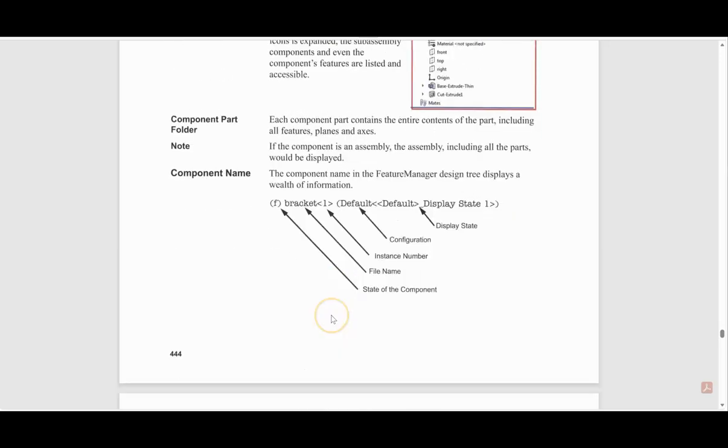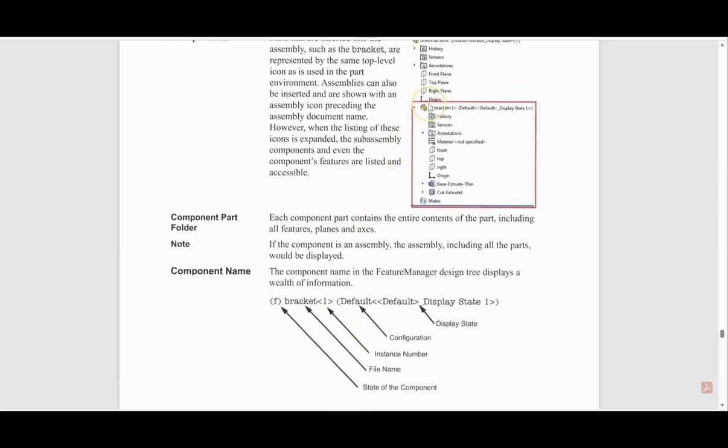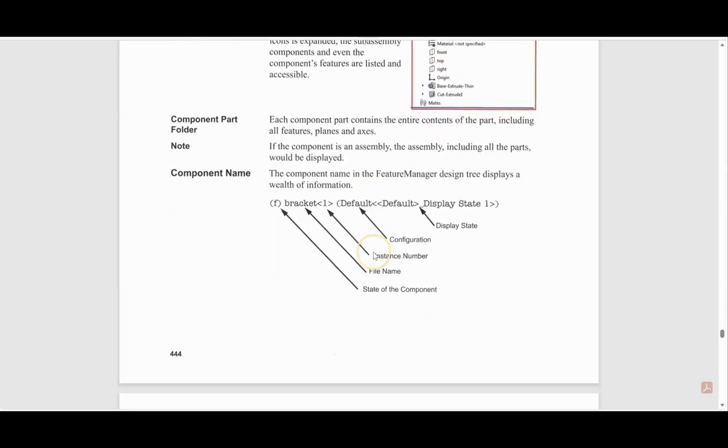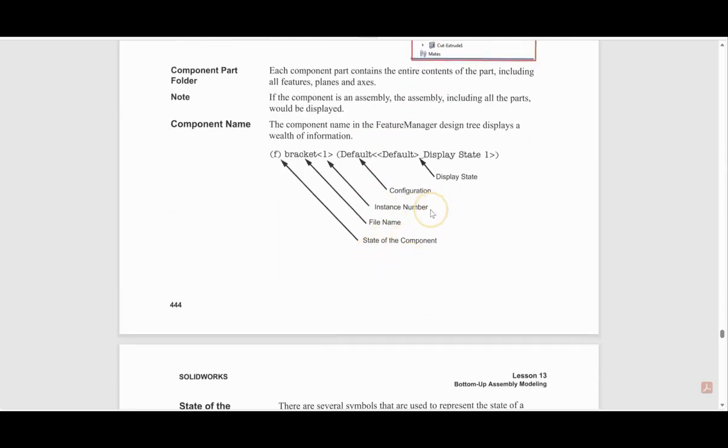So if we scroll down here and we look at this top line, which is the same as this bracket, there's some information that's displayed in this line. And so we have an F here that tells us the state of the component, that in this case it's fixed, but that's our first component. It gives us the file name. It gives us an instance number. And what the instance number is: